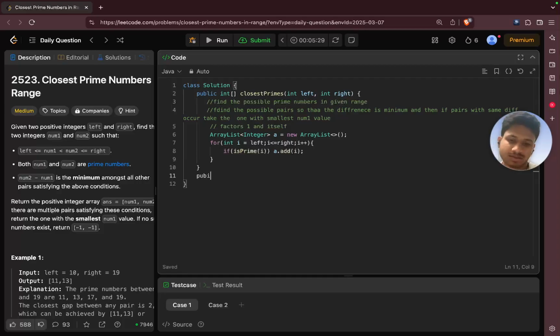Public boolean isPrime. And what is the input? Int number. If a number is given, we need to check whether it's prime or not. For int i equals 0, okay. What is the definition of a prime number? Let me write it here. It should have 1 and no other factor. Okay. Boolean